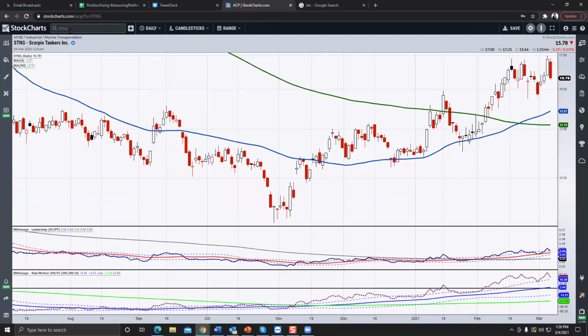Now, admittedly, we still have a half a position in Scorpion Tankers, but I just wanted to show it to you because the momentum is also obviously no divergence. It made a new high momentum as this made a new high. And then now the momentum is coming down with the price. So we don't see any divergence there at all. However,